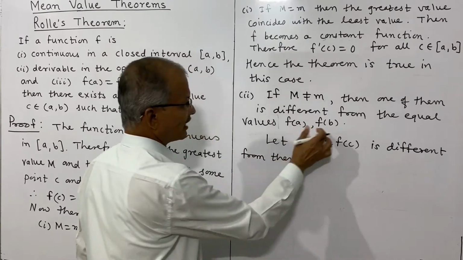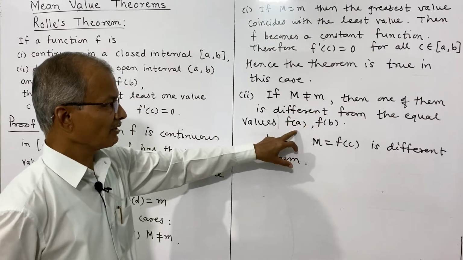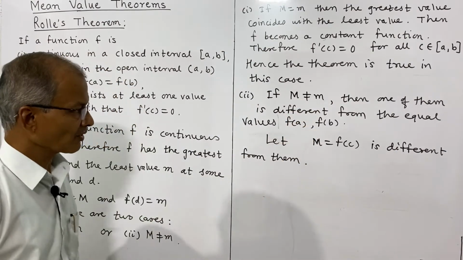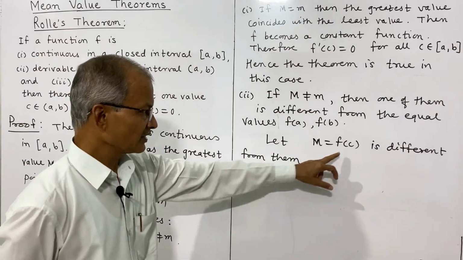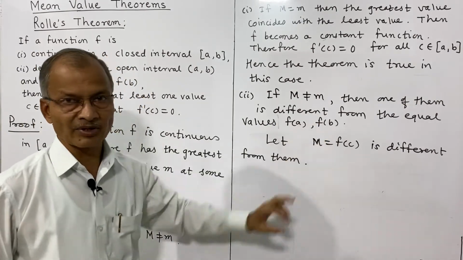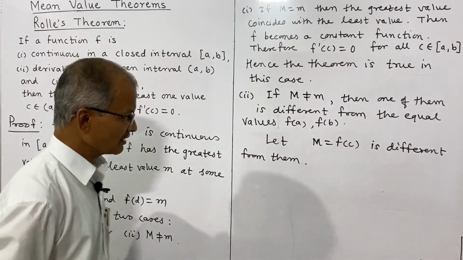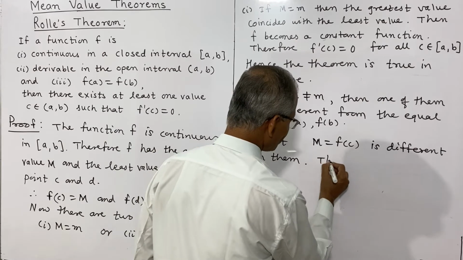Them means f a and f b. So capital M is different from the equal values f a and f b. M is different from m, and M is equal to f of c, which is different from f a and f b. So this means c is different from a and b. F of c is different from f a and f b means c is different. Therefore